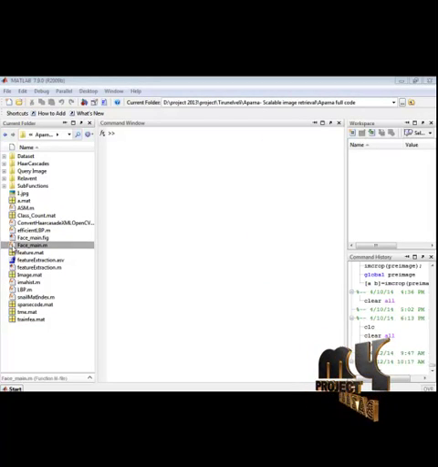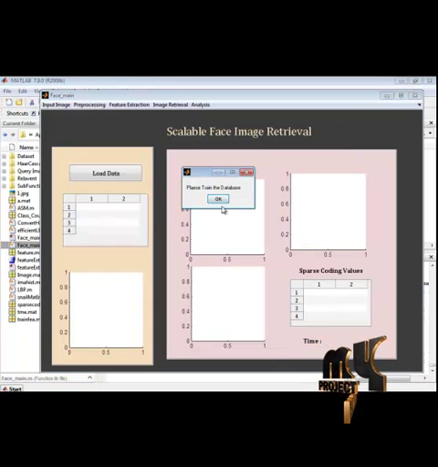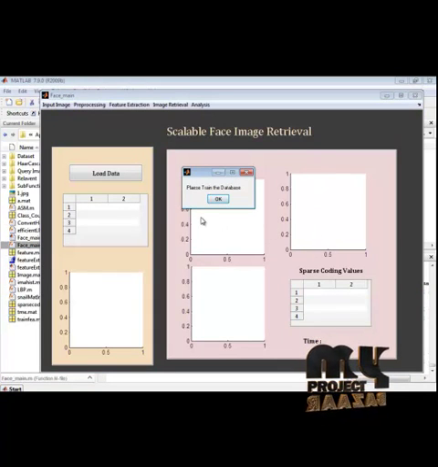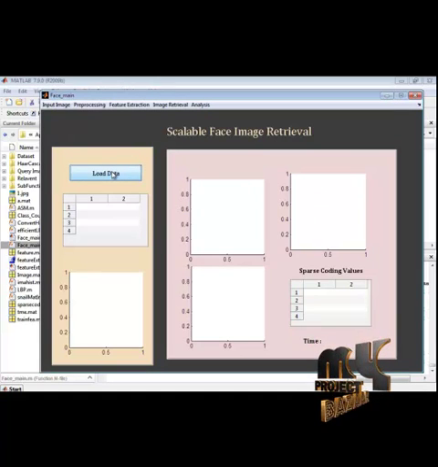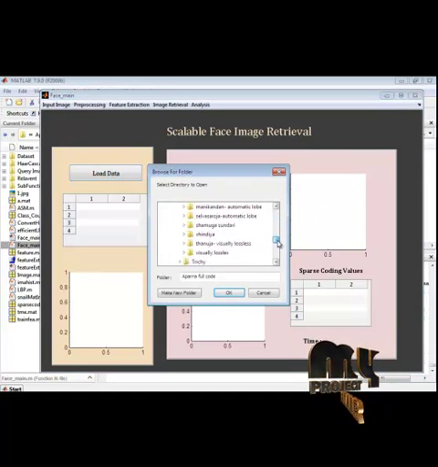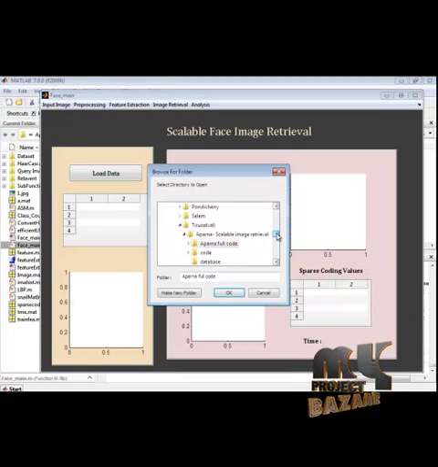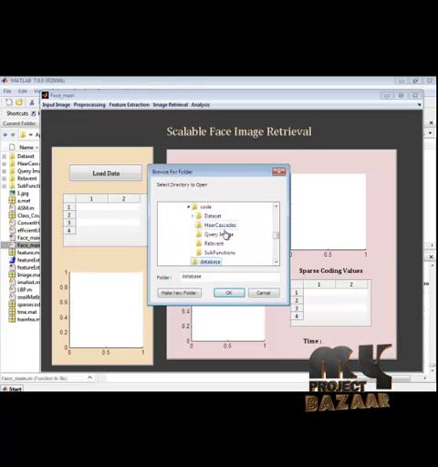Here I have the face main.m file. Select this file, right click and run the file. So this is our GUI design. Initially we have to train our database. Here I have the dataset folder.